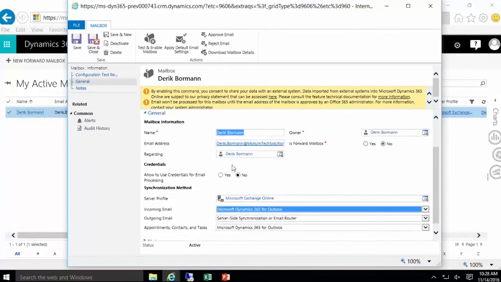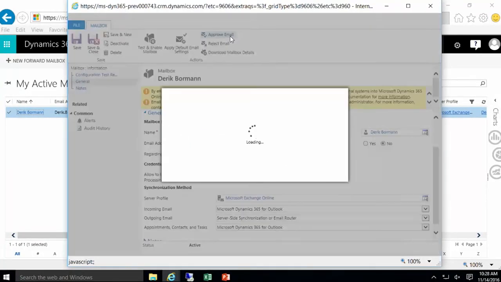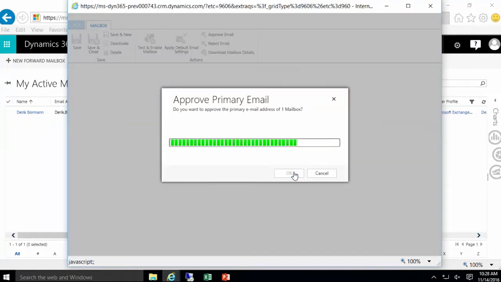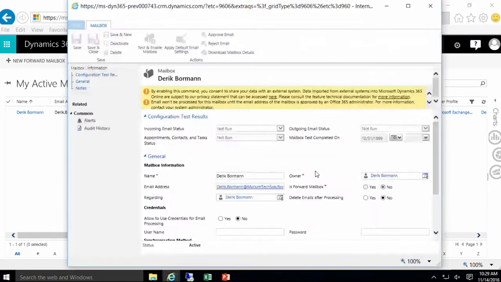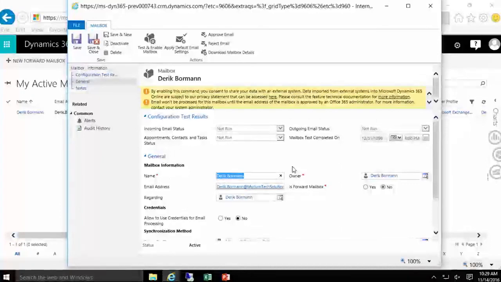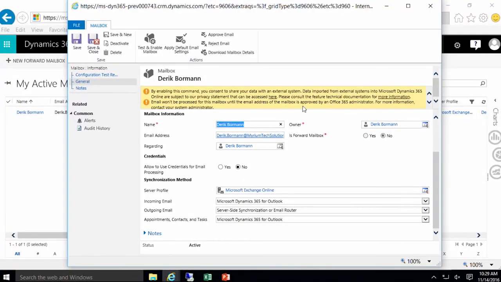Then I have to go ahead and approve the email. And this is a very important step. If I don't approve the email, then I run into situations where it doesn't allow me to process that information as I'm moving forward. So approving the email is the first and foremost step in regards to working through it. Once the email has been approved,